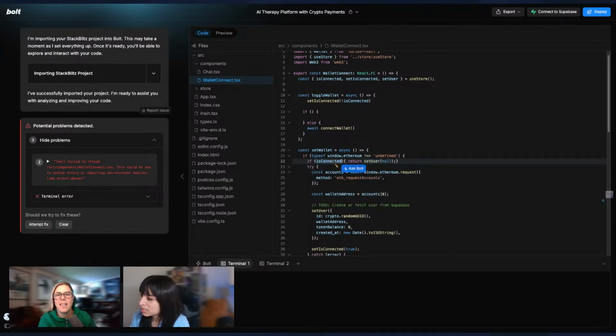If it is connected, and this is the ternary operator. So is it connected? If yes, then do that. Otherwise, you can just say whatever. But what we'll do here instead is this, and that just means only do this thing if this is the case.